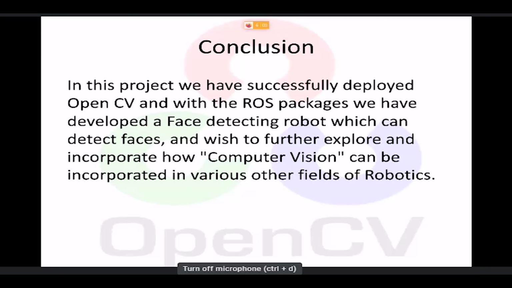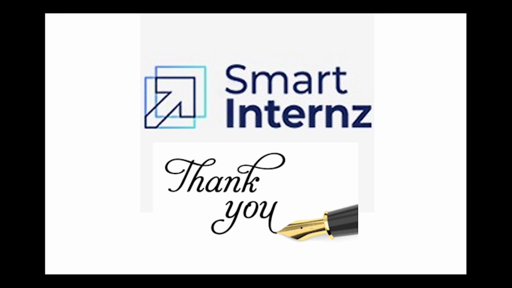So the ROS and OpenCV community has made this easier for us. First of all, I would like to thank the community for that, and we are also looking forward to using these kinds of software and tools to make more realistic projects that we can use in the future.